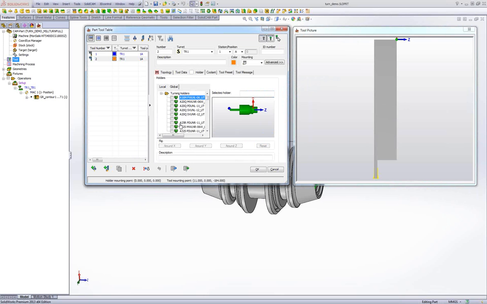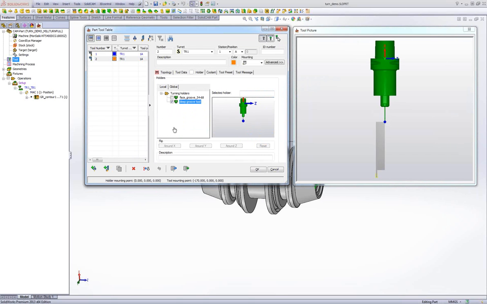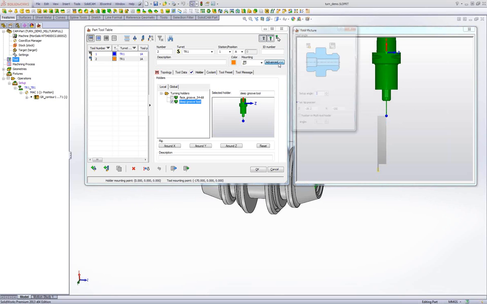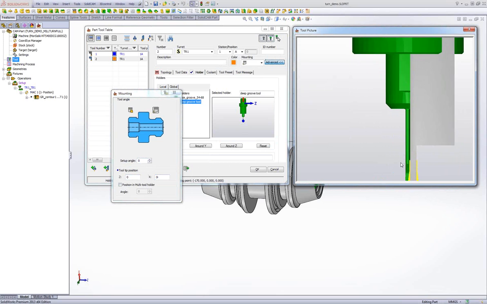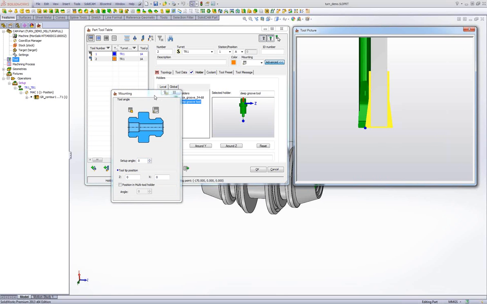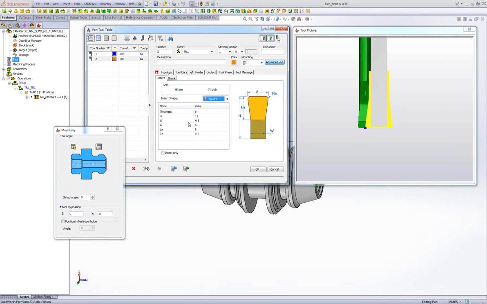Go and search for my new STL, advance, 0 shift, 0 shift. The tool should be mounted in the blue point. Let's go back to topology. This is a 3mm STL,